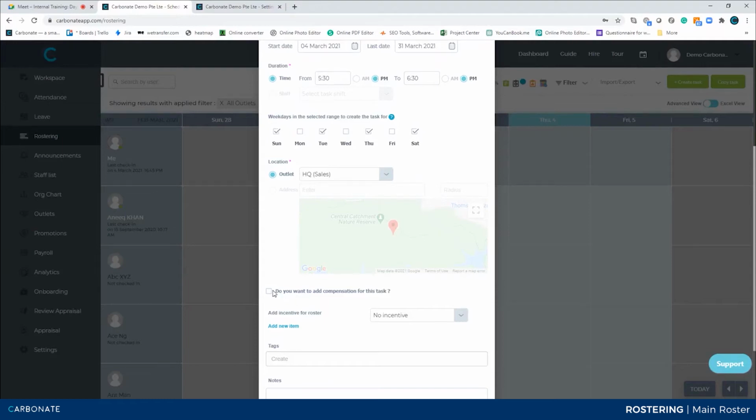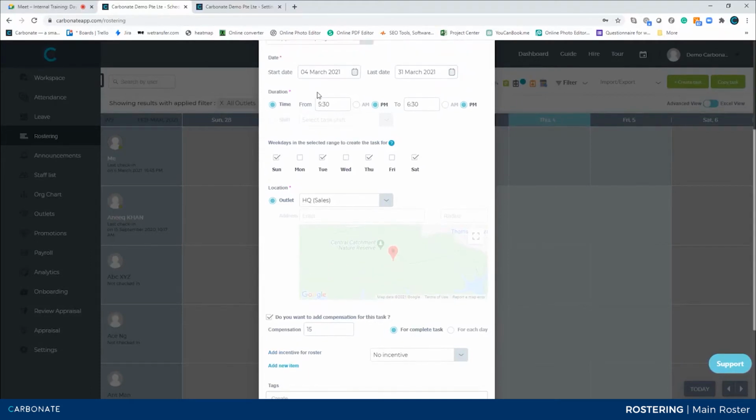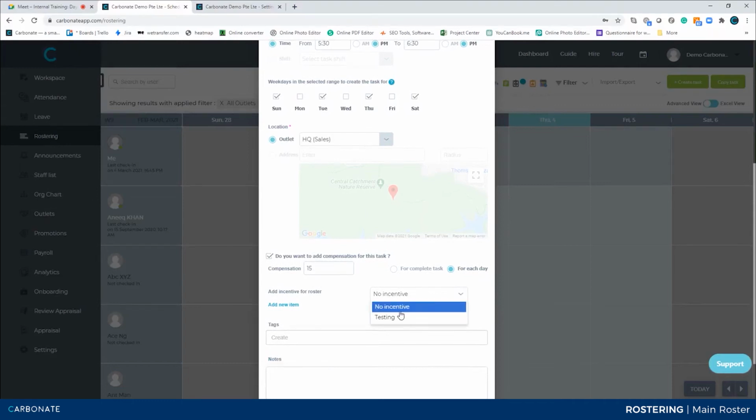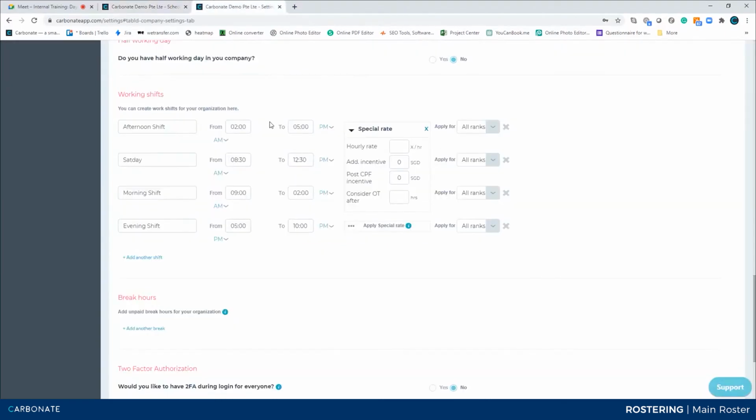Now, do you want to add any compensations for this task? This will be the compensation which you manually add. Let's say I will give you $15 for task completion. That means once the whole task is over, or every day, every time you match the timing and complete the task, you will get this $15. And on top of that, if you want to give any incentives, right? So we did speak about the incentives,